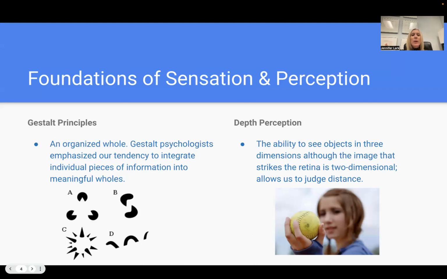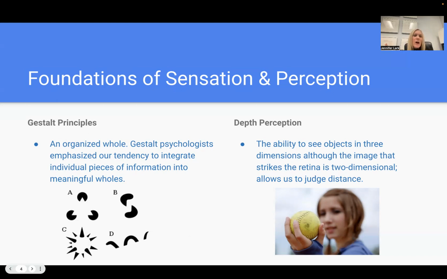Okay, so we're going to talk for a little bit about a couple of foundational terms when it comes to sensation and perception. For this portion of your interactive notebook, go ahead and get down the basic definitions of these principles in your own words, and then feel free to add any relevant examples that you see fit. You're welcome to add the picture examples from this presentation into your interactive notebook, draw your own picture or copy and paste your own picture, write something with words, whatever is going to help you best make personal meaning about these particular terms. And then we'll unpack these a little bit more together in class next time during our review.